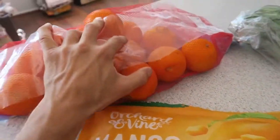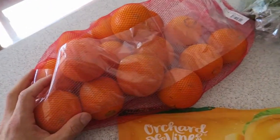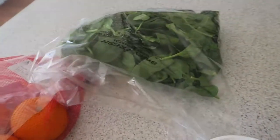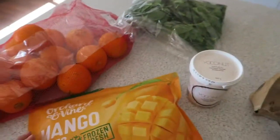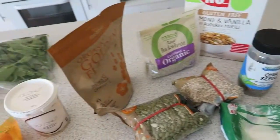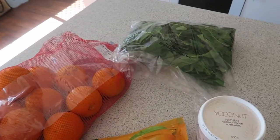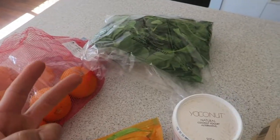Now, I hit up the oranges because they are, as we all know, high in vitamin C. They're great after training, and just really hydrating overall. Spinach, that is jam-packed with all of the green goodness. So I'm basically trying to get all of my nutrients in the meal, my first meal of the day, which is around lunchtime, because I'm only eating twice. So it's really important that I get all of the